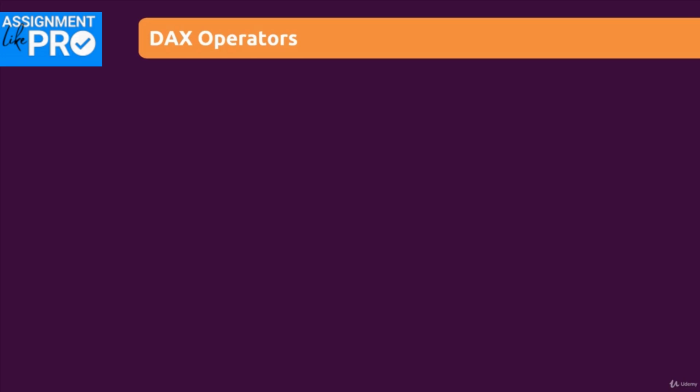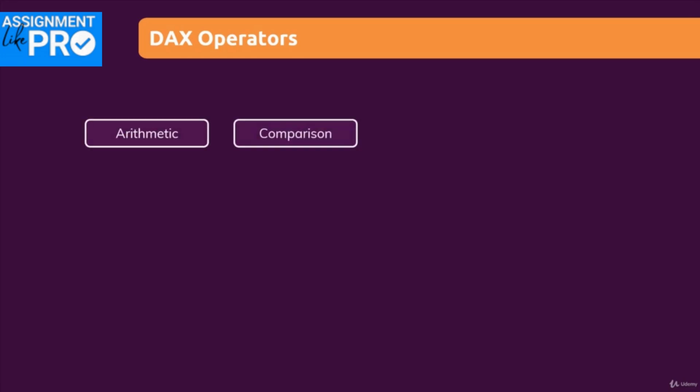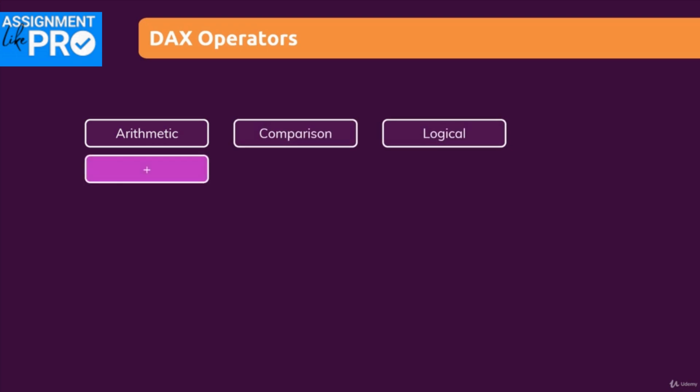The DAX language comes with different types of operators. The core operator types are arithmetic operators, comparison operators, and logical operators. An arithmetic operator would be something like a plus or a minus. So for example, if you want to add the numbers we see in two different columns, then you would use